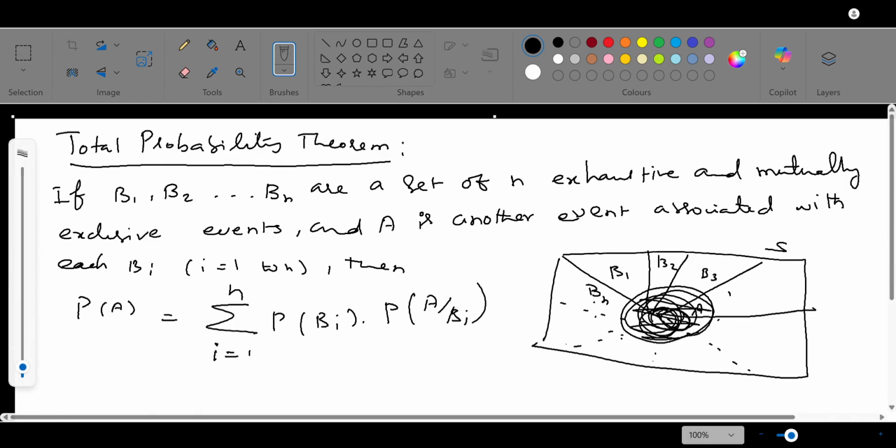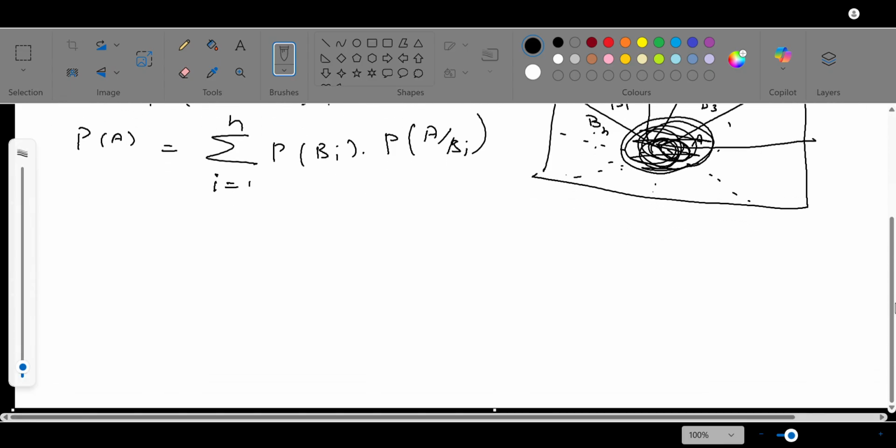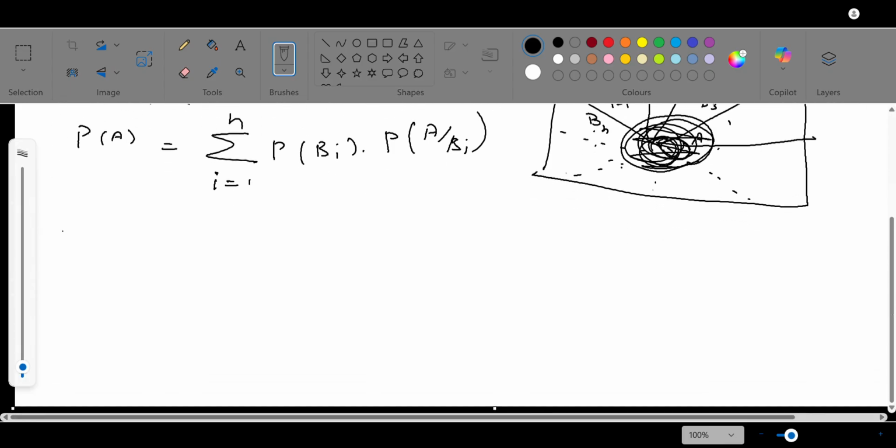Okay, next is Bayes theorem. Bayes theorem is based on the total probability theorem only. That's why I explained the total probability theorem first. Second one, Bayes theorem. The statements are all the same. If B1, B2, B3 up to Bn are a set of exhaustive and mutually exclusive events